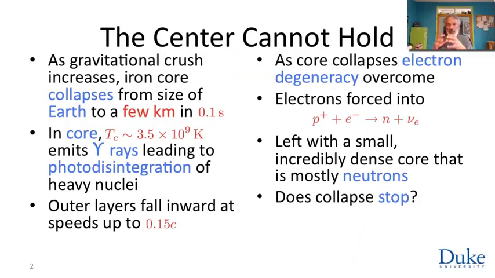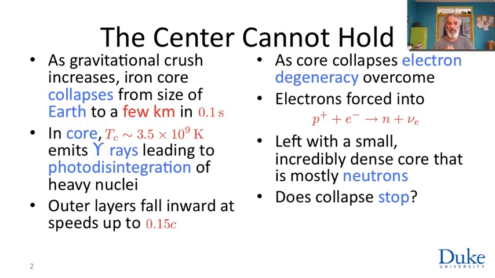We have this solar mass, a few solar masses of solid iron-rich core collapsing, and it starts with a typical stellar core size of the Earth, and it collapses down, it turns out, dramatically in about a tenth of a second. It collapses to a size of a few kilometers, and we'll talk about the remnant in a later clip. But this gravitational collapse heats the core to billions of Kelvin, and the